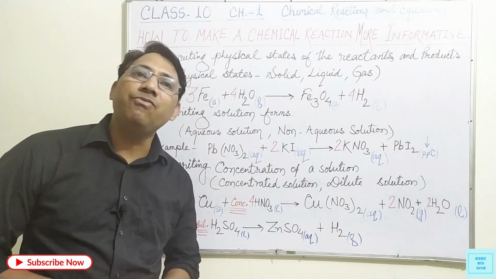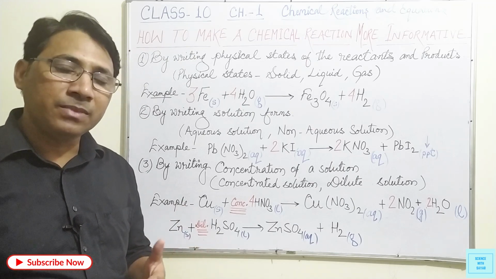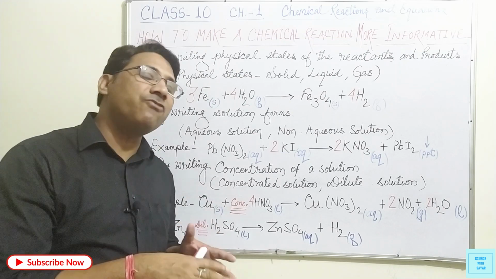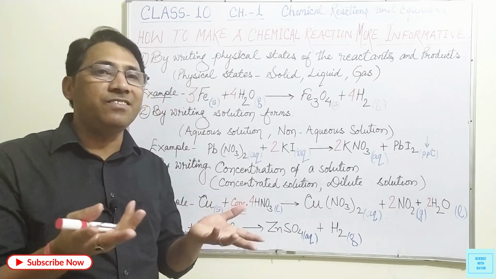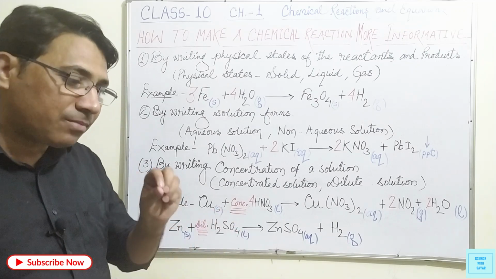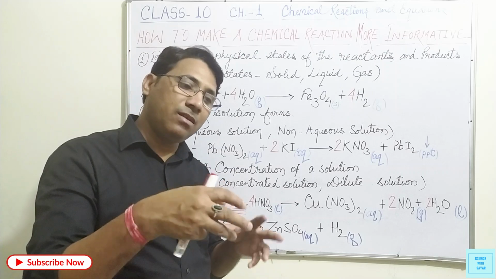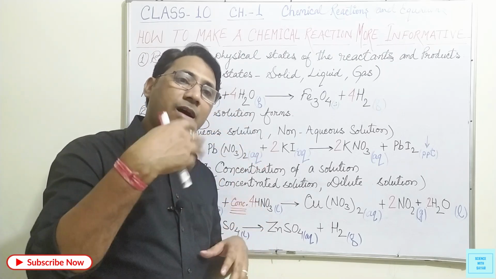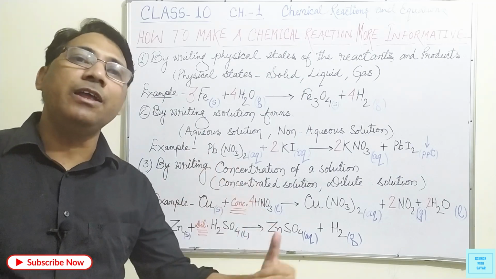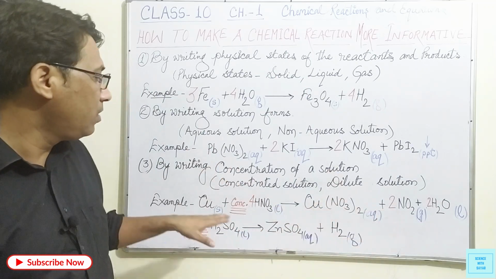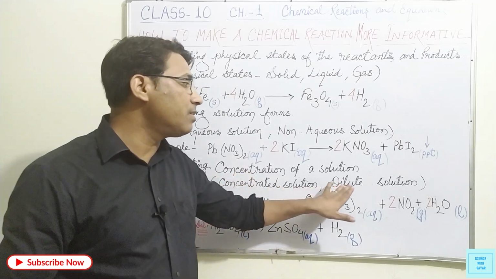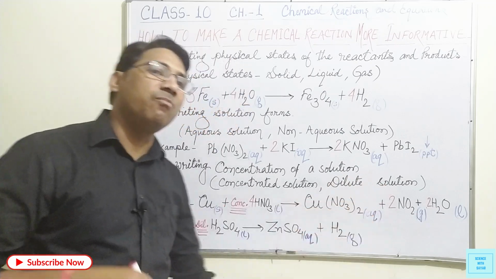So for example, if we take salt and water, and if we add more salt, in that case the concentration of the solute, or salt, will be increased, so it will be concentrated. And if we add more water, some amount of water also added, in that case it will be a diluted solution. So by writing the concentration of a solution as concentrated solution or diluted solution, we can make a chemical reaction